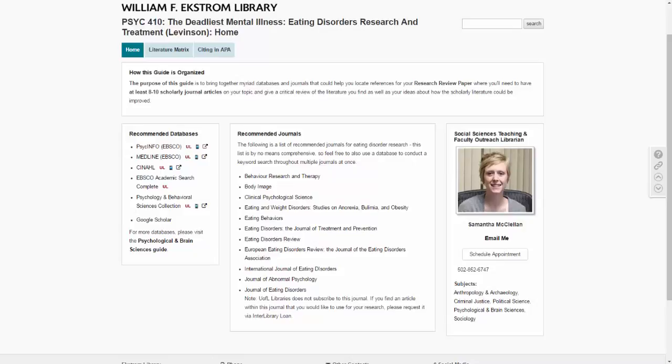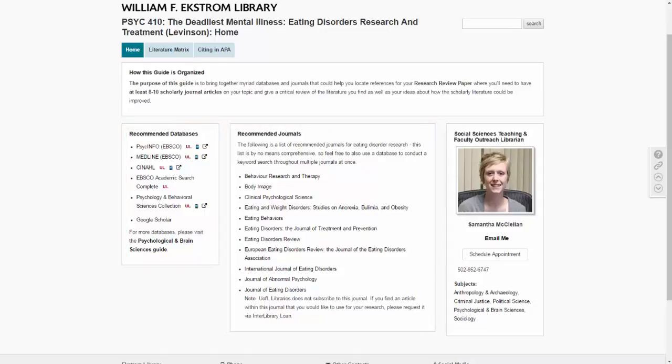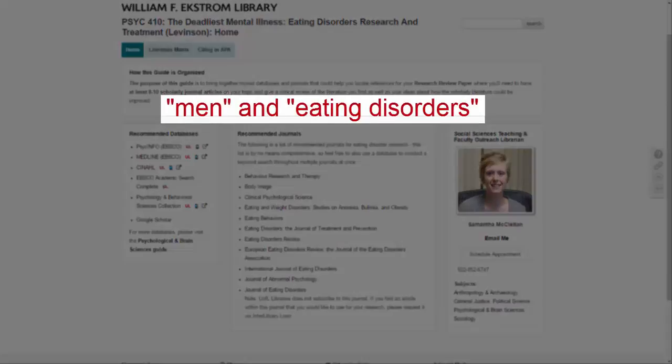Hi, this is a brief tutorial on how to search for articles on your topic within a database. You'll notice on your PsycH 410 research guide that from the Home tab, there are recommended databases and recommended journals. This tutorial will focus on using one of the recommended databases, PsycInfo, to search the topic of men and eating